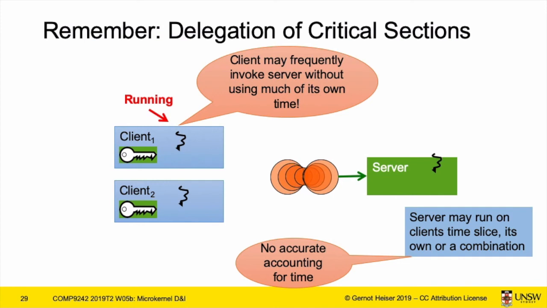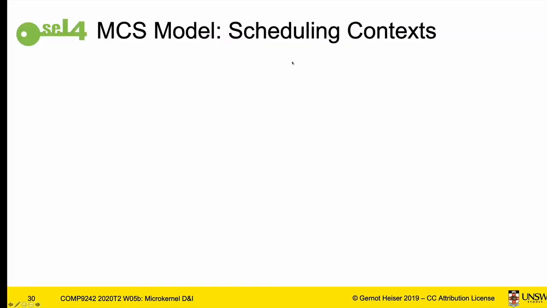Obviously, this way of time slice donation, where the receiver executes on whatever happens to be left of the sender's time slice, is a bad idea, right? It's an unprincipled way of optimizing this IPC that really costs you in terms of having any predictability in real time. So we needed a model for the proper and principled treatment of time in the seL4 kernel,